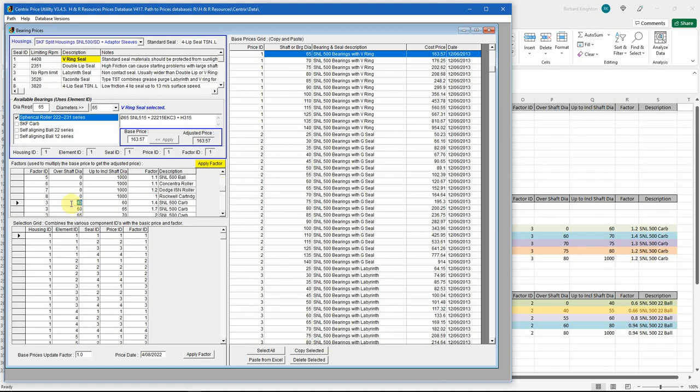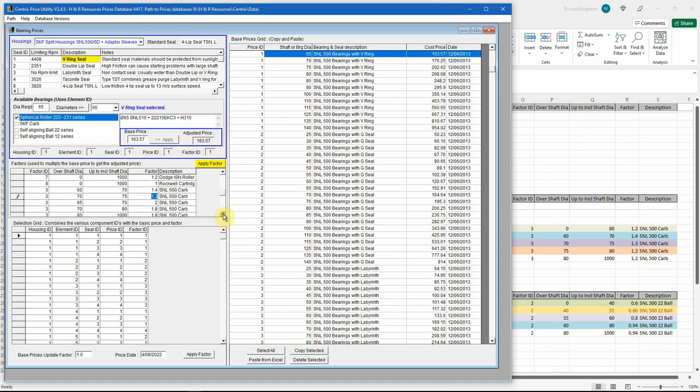So I now need to be over 60 and up to 70, which is this figure here, and it is 1.4, that's correct. And then over 70, so this is all for factor ID 3, over 70 up to 75 is a factor of 1.3,